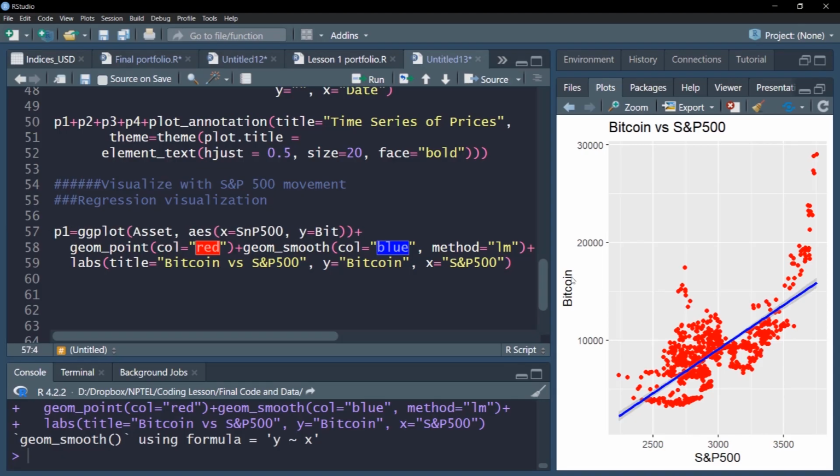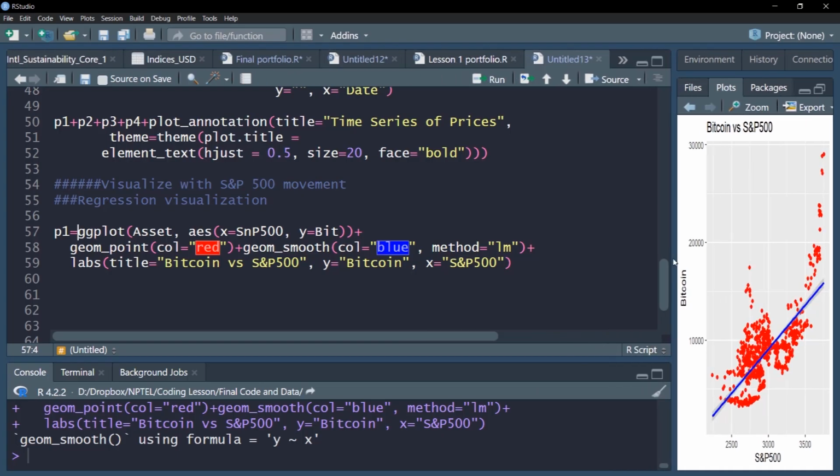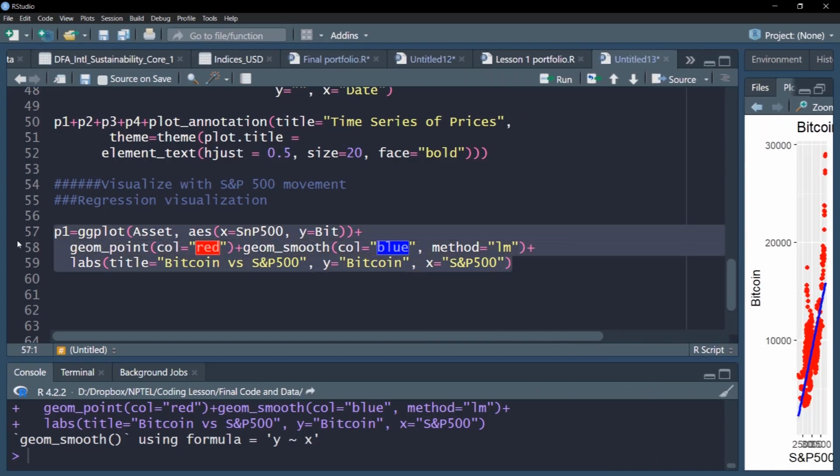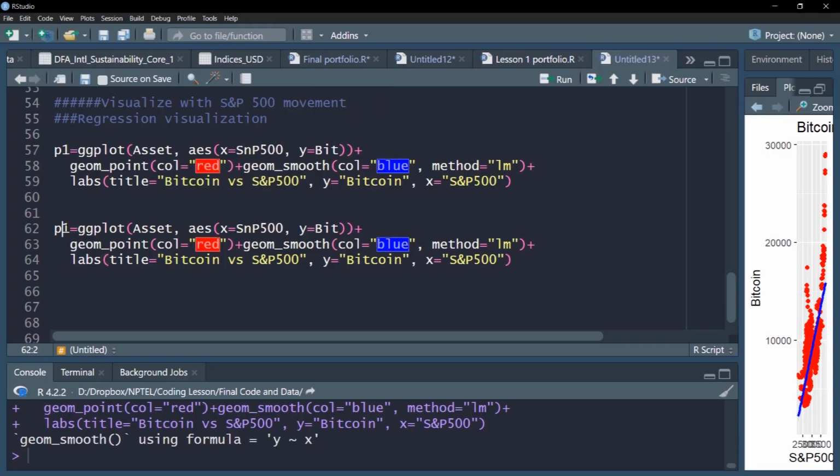Now, like we did earlier, the rest of the objects we'll create in a similar manner. I'm not showing all of them, I'm just copy pasting the steps. So in P2, we can have ESG fund on the y-axis, and I can specify the color. Maybe I'll give it a name as ESG fund. Let us use the same color, it doesn't make much of a difference. So I'll use ESG fund. All that I need to do is change ESG fund here as well.